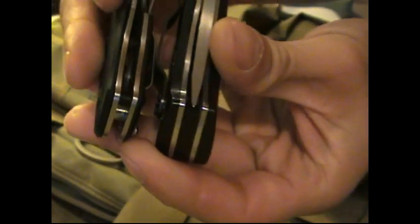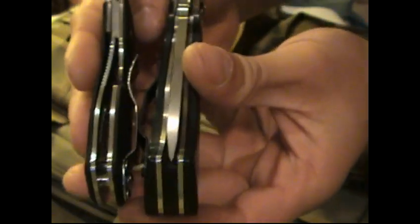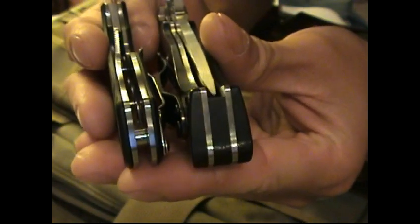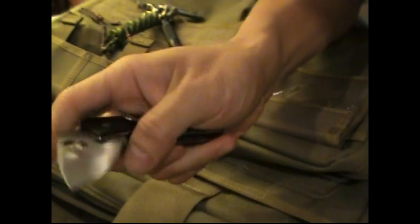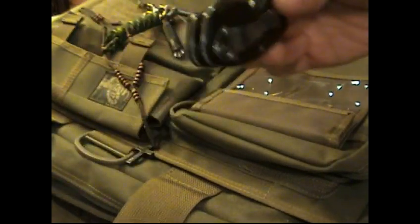Look at the thickness of the liner lock. It's actually the same thickness of the Valaton. We're talking the Valaton is supposed to be this overbuilt Spyderco that's got this 4mm somewhat Tonto, modified Tonto blade, and you got this little tiny Ambitious with the same thickness liner lock, which is great because if you follow